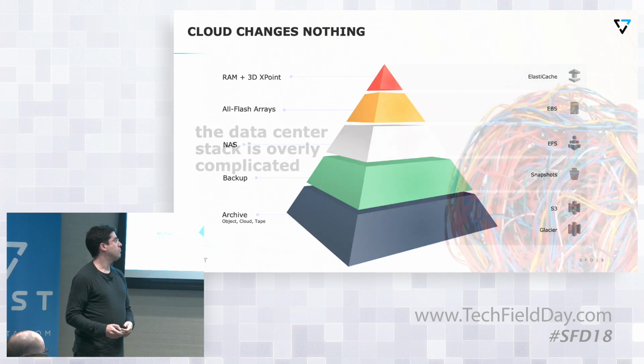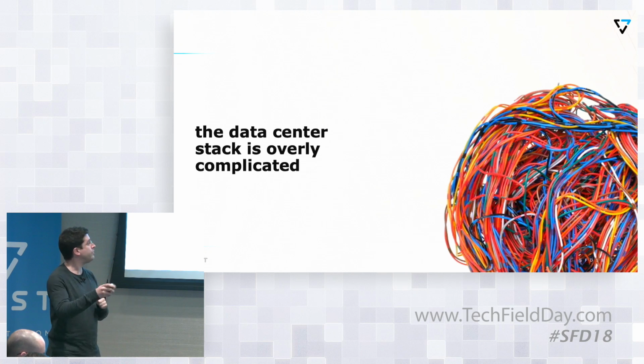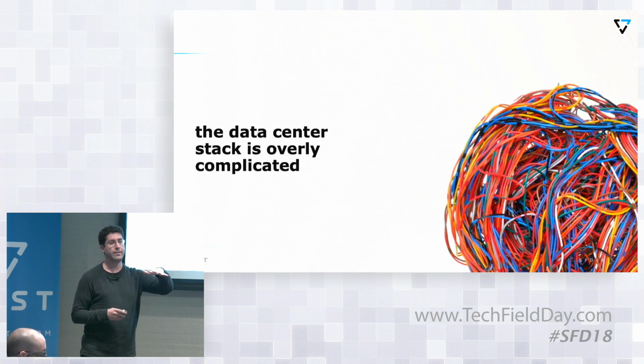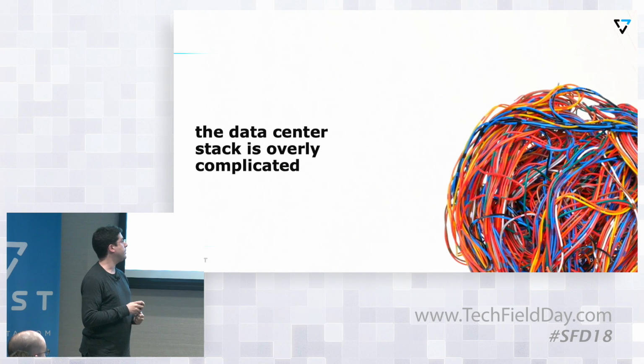Basically, it's complicated. You have to have many different systems. You have to manage all these systems independently. You have to move data around between these systems on a daily basis, from your production database on a tier 1 all-flash system down to your test and dev, down to backup, down to archive, every single day. And you also need to understand which data should reside on which tier, a task that is becoming a lot